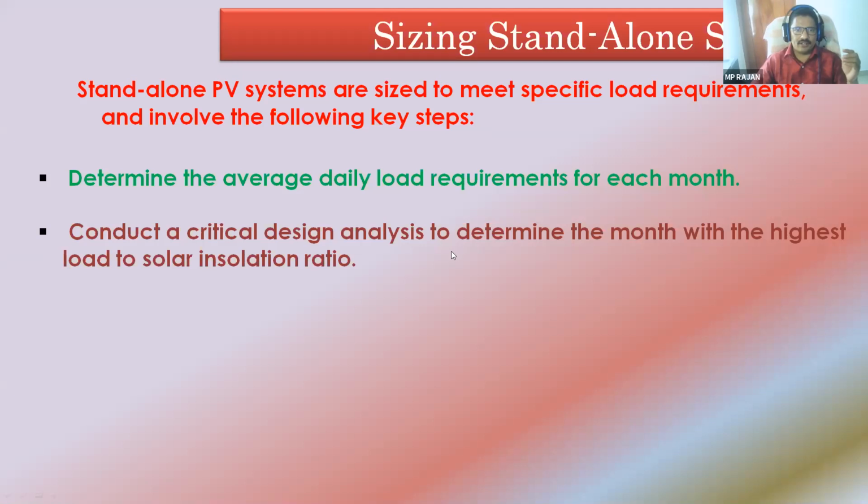Either you note down all the connected loads in your house. How many bulbs are there, how many fans are there, what are the loads: TV, fridge, computer, etc. Then the wattage will be marked at the back side of the appliances. Multiplying the wattage by how many hours you use it on average daily gives you the energy. So you can determine the average daily energy consumption.